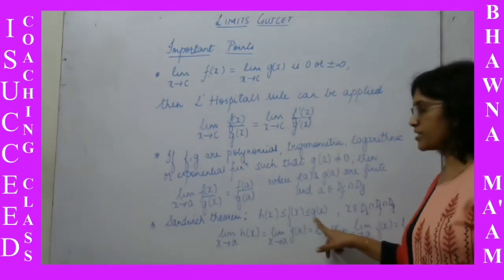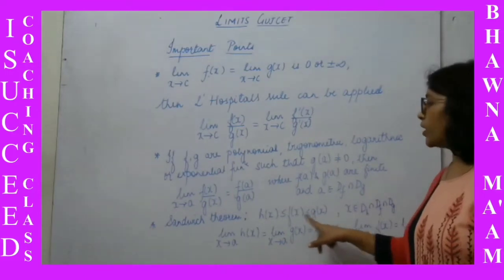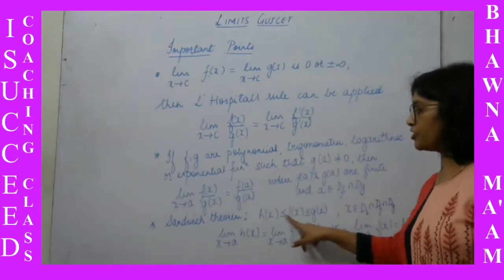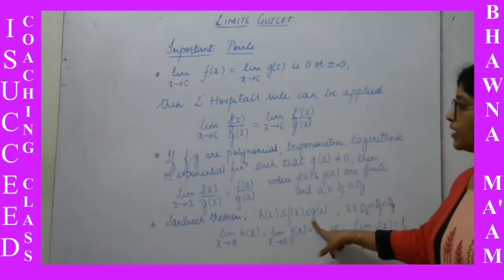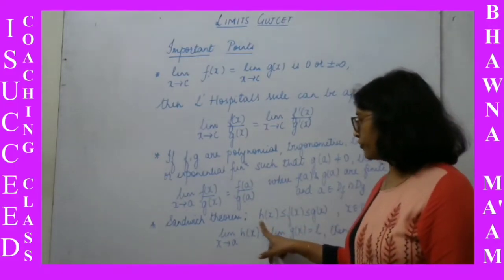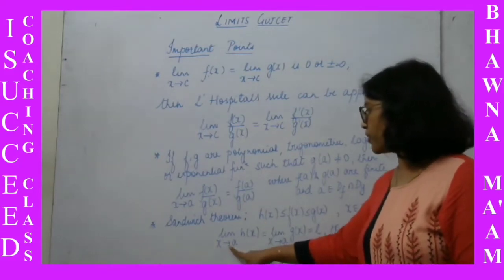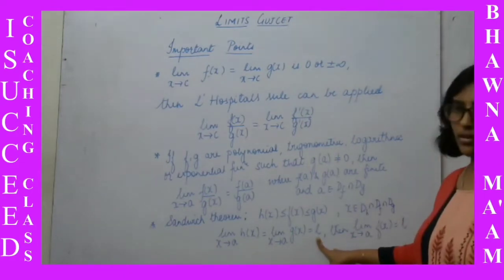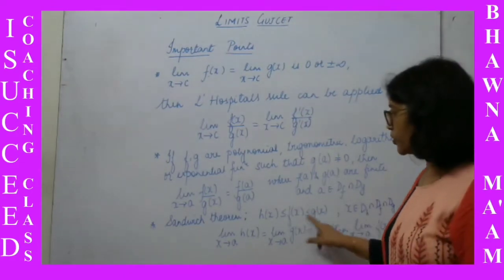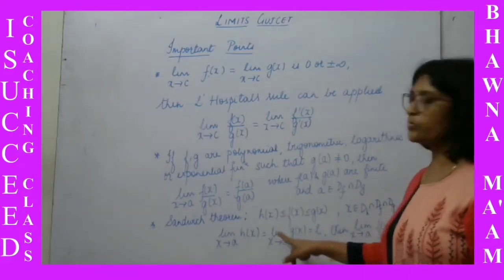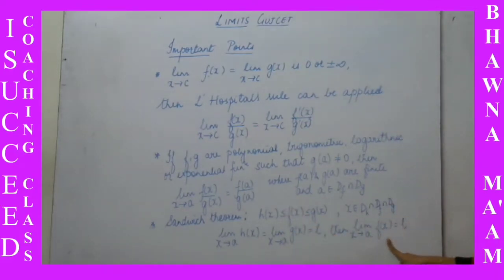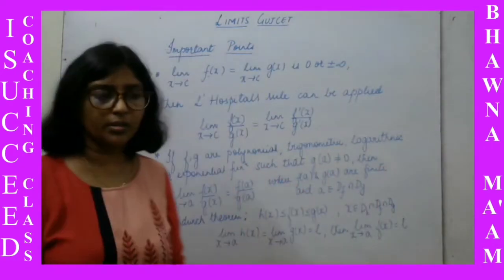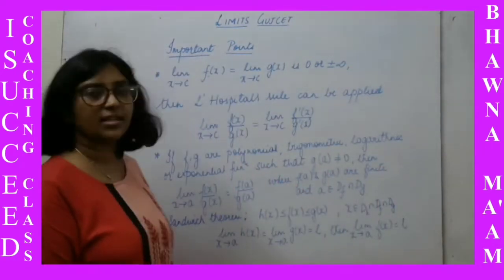than or equal to f(x) less than or equal to g(x), where x is common value. It is in the domain of h as well as f as well as g. When we find the limiting value of h(x) when x tends to a and that of g(x), and if both the values are equal to L, then the function which is in between, that's we say sandwiched in between, will also have the same limit. So these are the three important points. Besides this, we have the formulas. Let us see them.